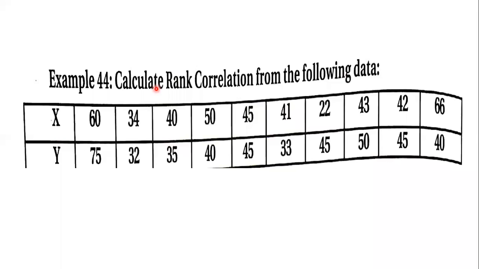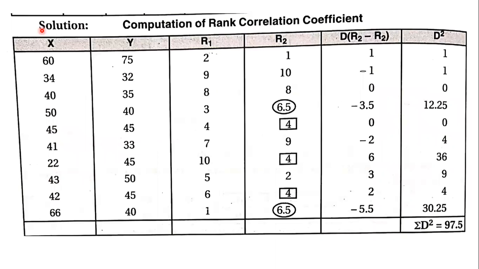We are solving this problem of calculation of rank correlation, where they have given us the data and we have to find out the ranks. Now in this, for the X, we have to put all the rankings with the highest number, starting from 66, that is 1. And if you observe, none of the rankings in the X are repeated. So we'll just go on assigning the ranks, where 66 is 1, 60 is second rank,